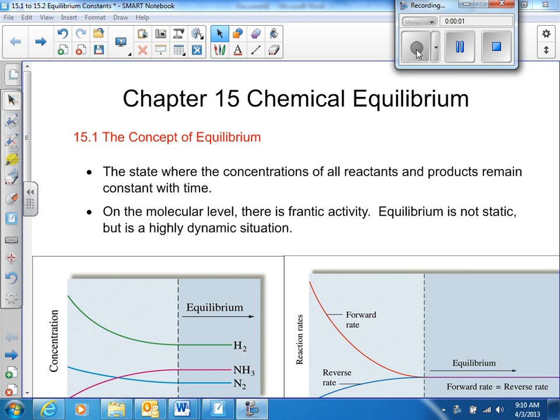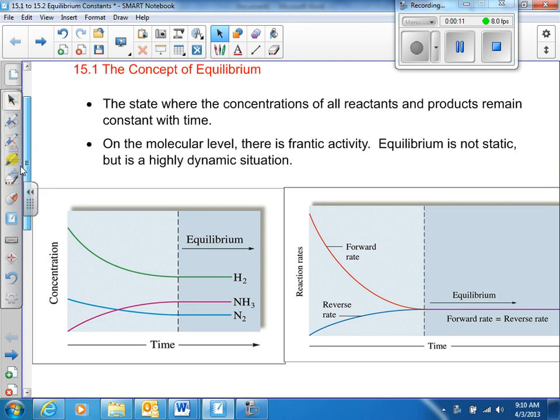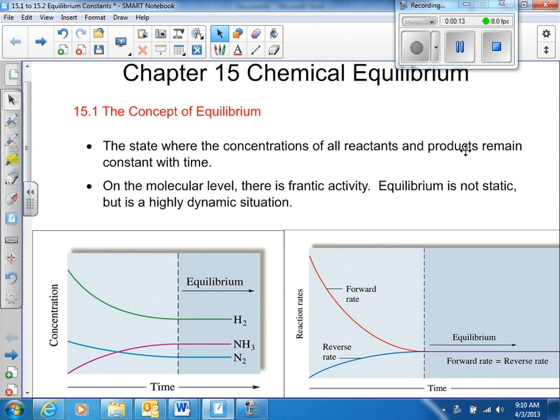We are now in chapter 15, chemical equilibrium. And first we're going to discuss the concept of equilibrium. What does equilibrium mean? So equilibrium is a state where the concentrations, this is very important, concentration or molarity of reactants and products is